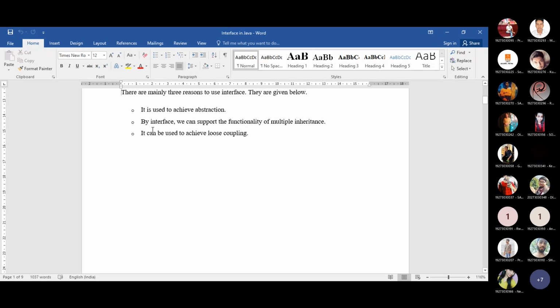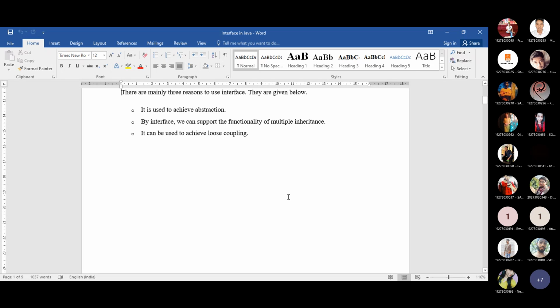Now the next most important part in Java programming language: we have already studied the inheritance concept. That means reusing the code of another class inside your code. For that, there is a specific feature, the multiple inheritance.